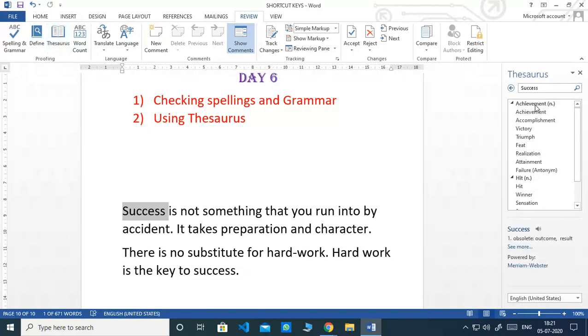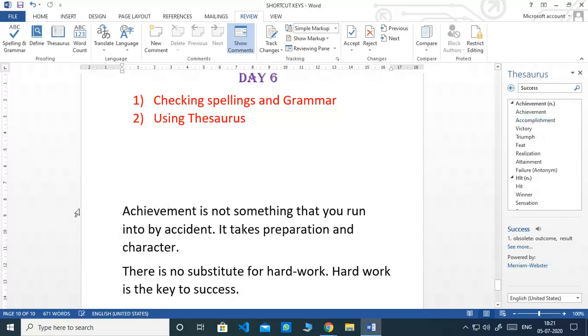You will get a list of many words here: achievement, accomplishment, victory, triumph, feat, realization. Whichever I feel is good, I'll choose this word achievement. If you see this highlighted word, there is a small drop down button. You just click on it and say insert. So you see the word success is changed into achievement.